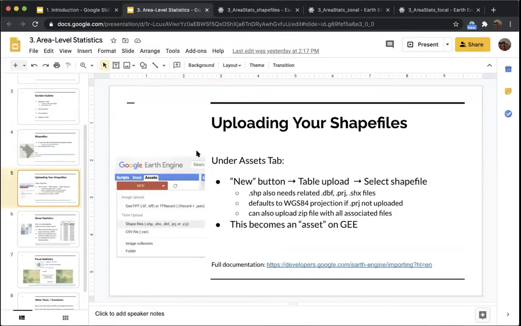So as I already mentioned, you can also upload your shapefiles under the Assets tab. This is found under the Assets tab on the left. You can click New and Table Upload and select shapefiles. This is because not all the shapefiles that you might want are going to be on Google Earth Engine. I've shown that you could find the census tract shapefiles, but there may be other specified geographies that you might